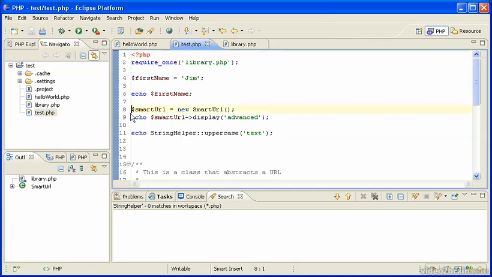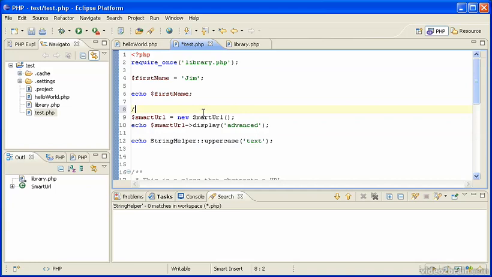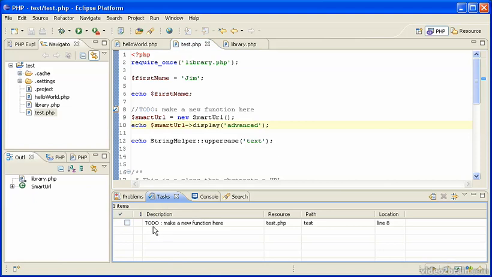A feature is, as you're typing along, you might find things that you want to fix later or that you want to do later. So let's say here you want to make a new function or whatever. And you save your file. If you go down here into tasks, you see that your to-do has been added because you have slash to-do colon here. If we put another one down here,